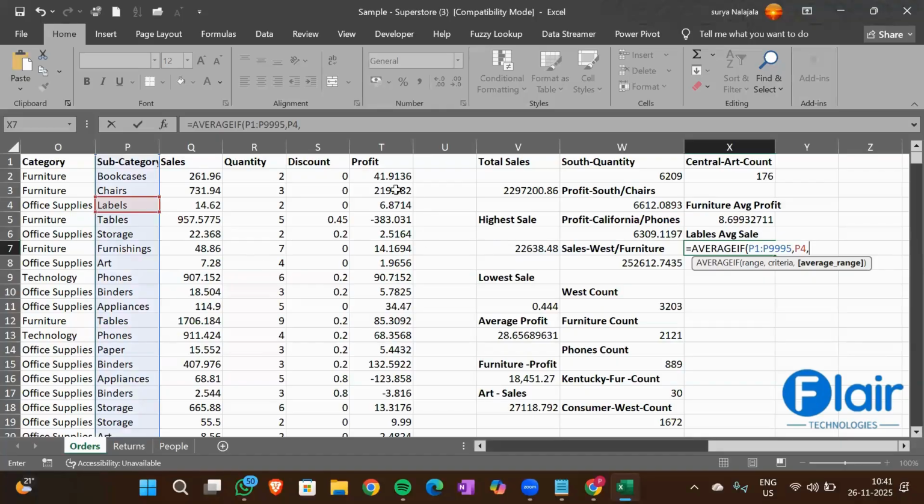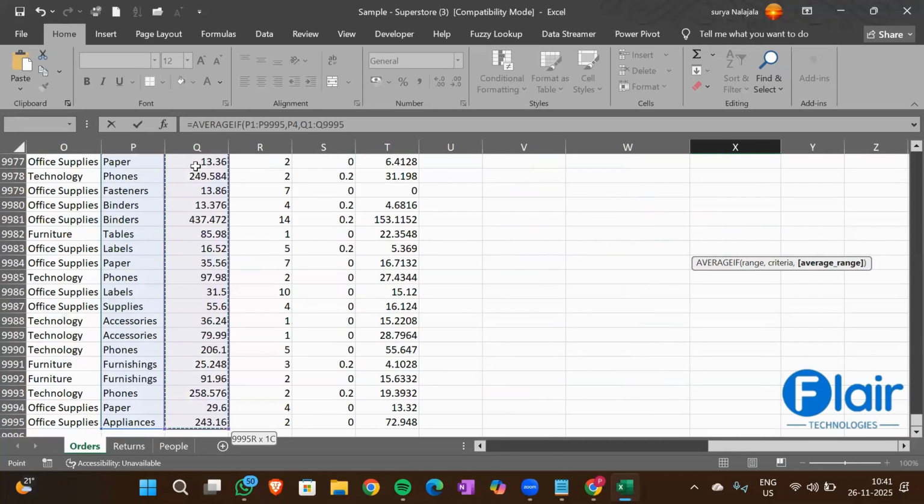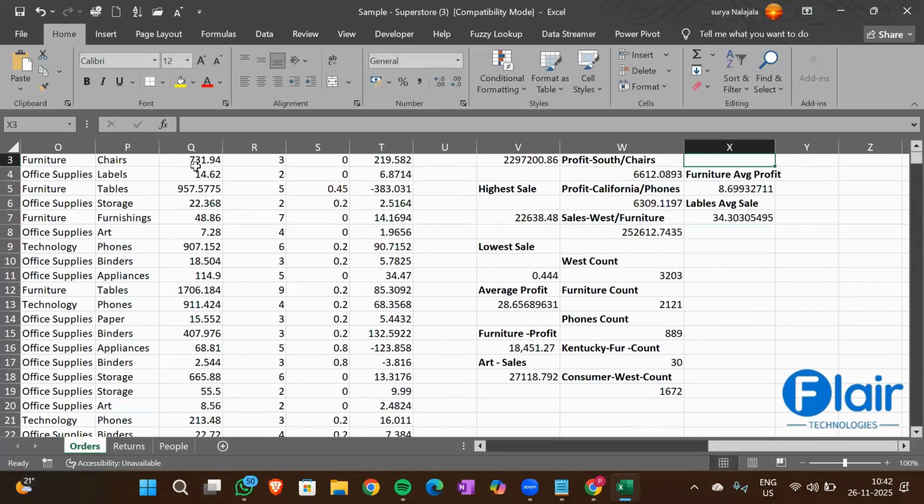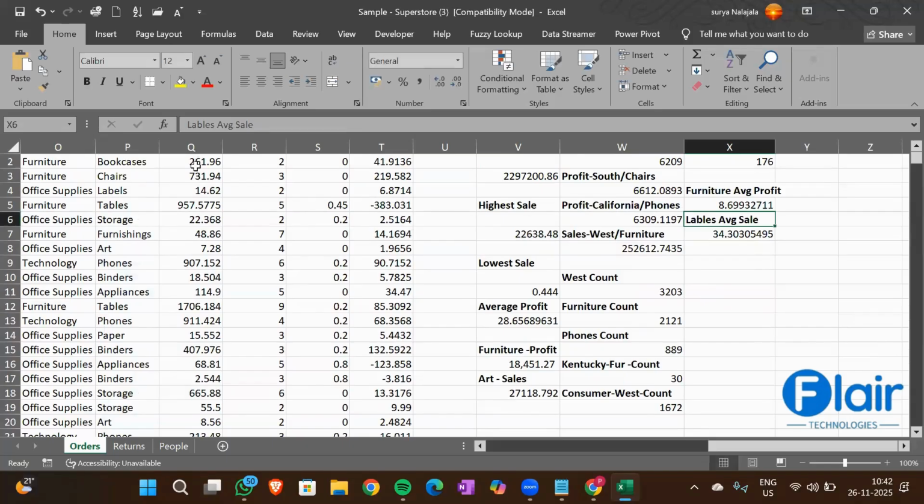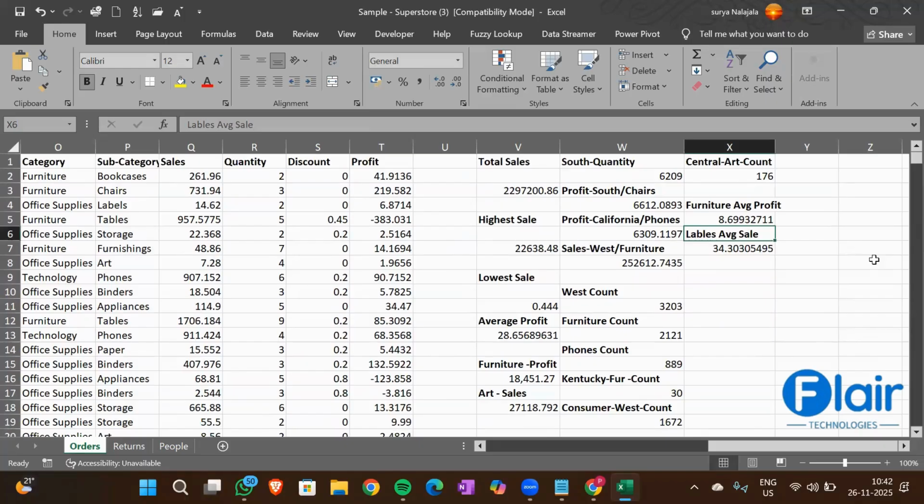Average range is sales. Very good. 34 rupees was the average sale value for the labels subcategory. And then for the art